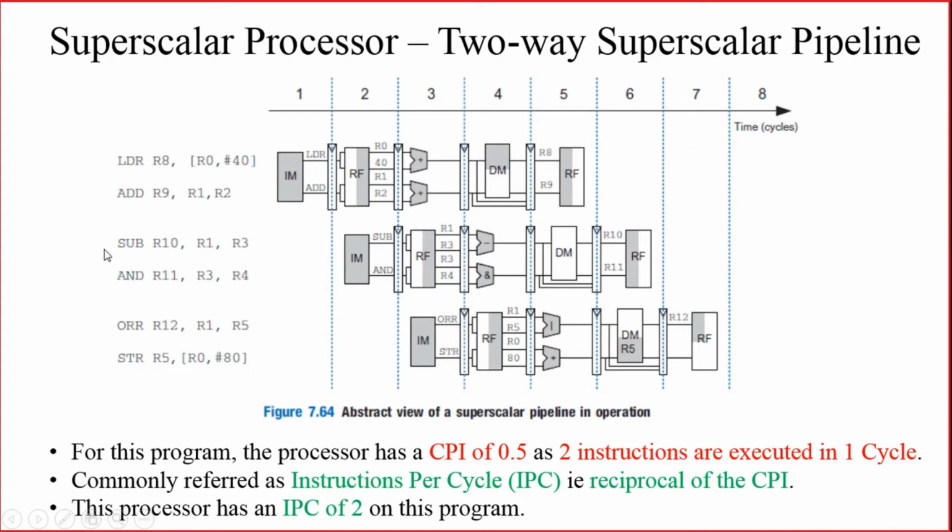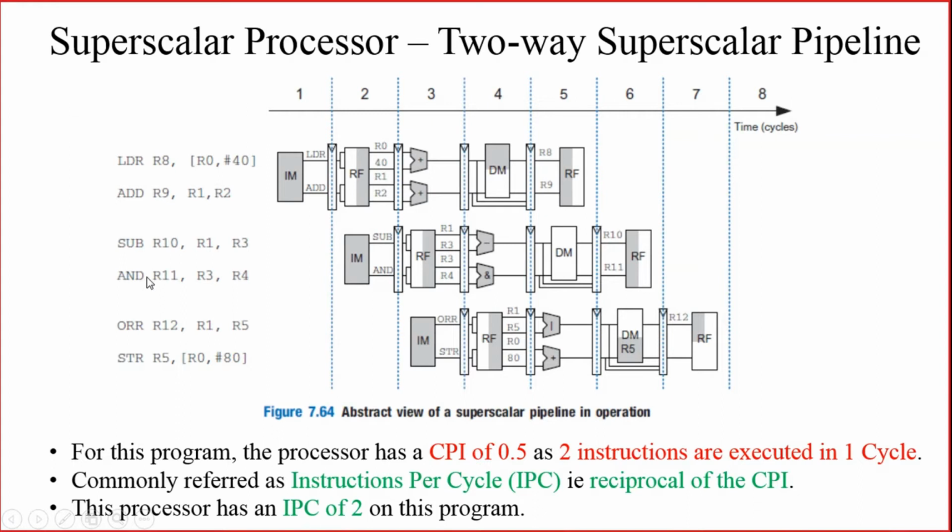And both the resultants need not have any data memory access. So both the resultants will bypass this stage and will be stored onto R10 and R11 respectively. In both the cases you can see that there is no data dependency, because here you are adding R0 and 40, content of that you are taking to R8. Here you are adding R1 and R2, content you are taking to R9.